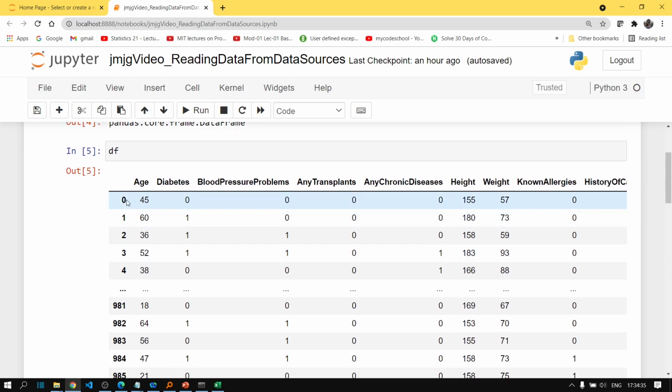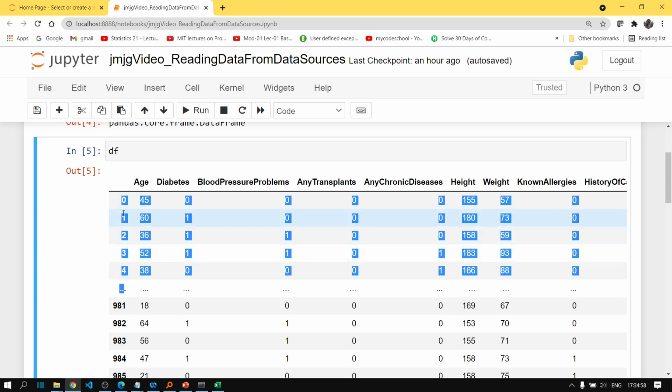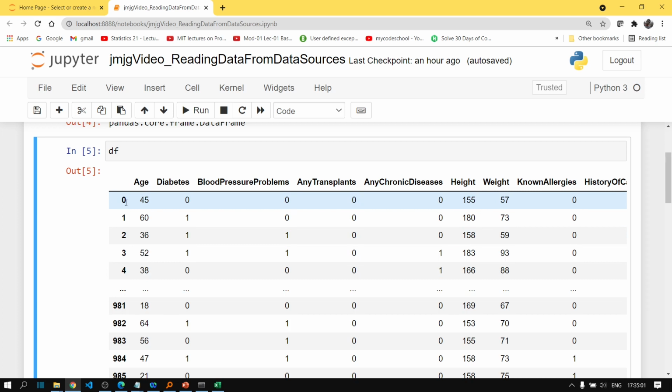The label of the first row is 0, the second row is 1, the third row is 2, and so on. As we have not mentioned anything specifically as the index of the data frame, it has taken the consecutive number starting from 0 as the labels of the data frame. These labels are actually called the index of the data frame.